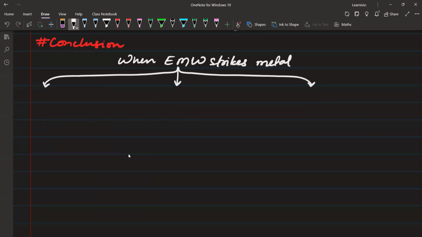Three possibilities में क्या क्या है? First, if the energy of the electromagnetic radiation is less than the work function,